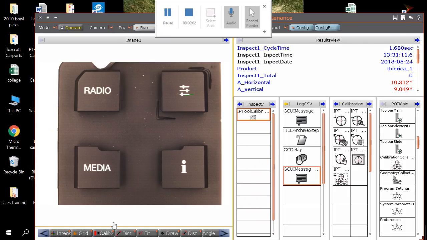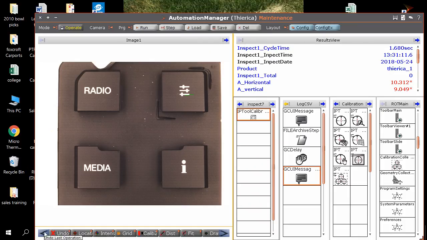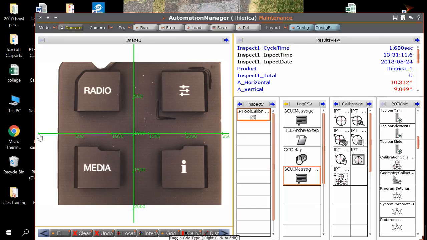So what we're going to do now is talk about calibration. Right now, instead of using pixels, and if I turn on my grid, you can see I've got 0 to 2500, and then 0 to 2000. That's my pixel grid. And I don't want to read in pixels. I want to read in physical